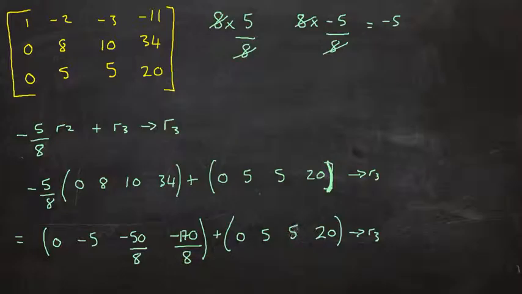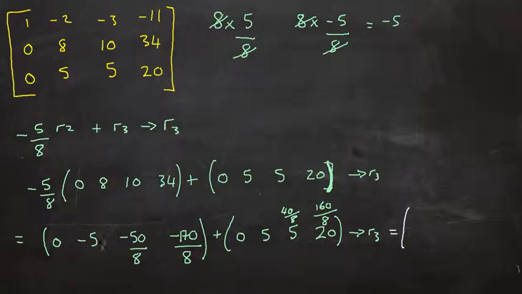You need to express the similar positioned element as eighths, basically. So 5 is 5 lots of 8/8, because 8/8 is 1. So 5 lots of 8/8 is 40/8, and 20 is 20 lots of 8 over 8, which is 160/8, which makes it a lot easier to add. So when we do add these two rows,